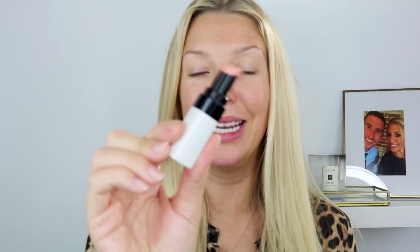Then on my lip, just before I go in with makeup, I'm gonna be using the Extra Bare Pink Lip Tint. I absolutely love this, just because it's color and lip balm all in one. Look how pink it makes my lips go. I love it. So you guys would have seen these, I'm sure. They're really popular